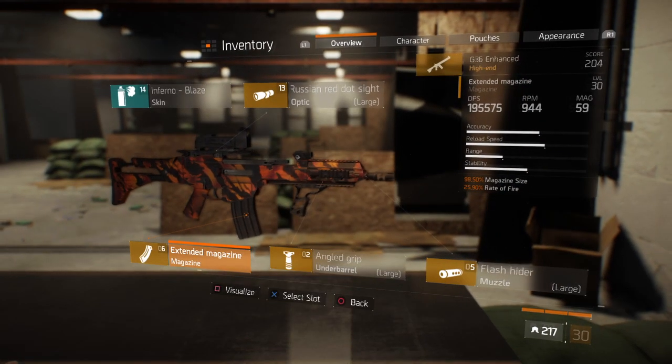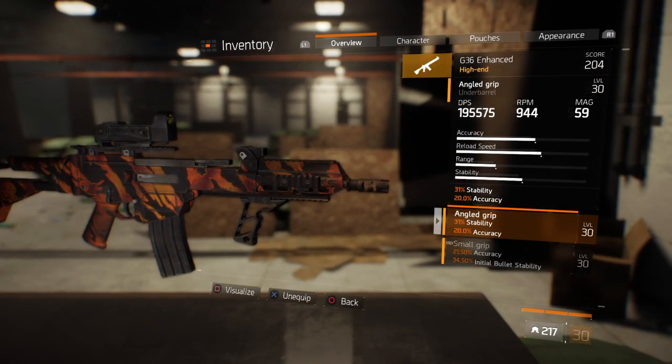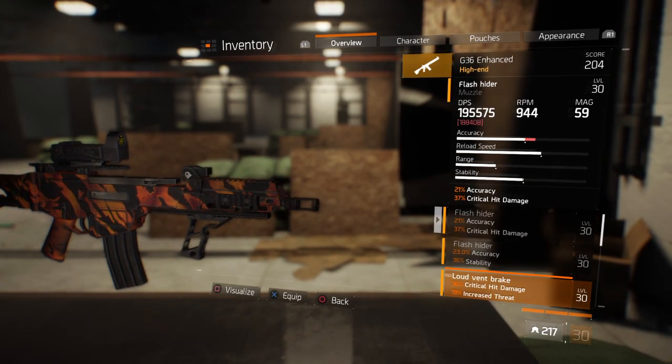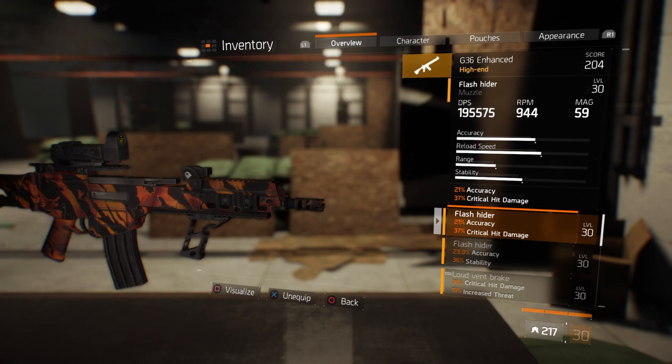The grip is going to have stability and accuracy, and the muzzle is going to have accuracy and critical hit damage just because that's the best one that I have. Now, bear in mind, again, you guys know that accuracy falsely inflates your DPS, but the critical hit damage is